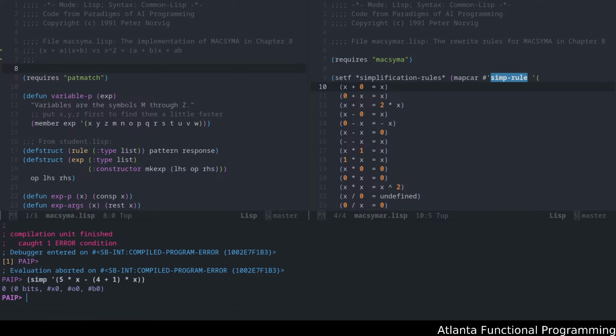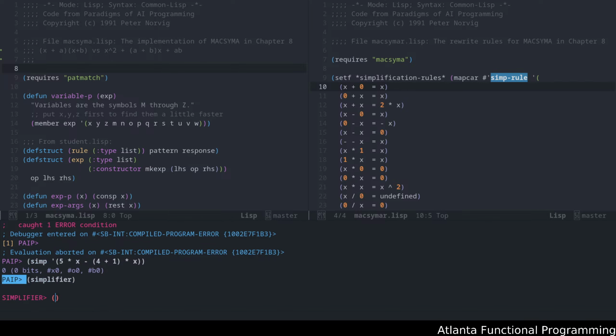Done. Okay, so this is actually working right now because the rules weren't actually loaded, but everything else seems to have worked without the rules being loaded, which is interesting. It must have been because we're doing basic arithmetic expressions, and because we converted it from infix to prefix, it should be able to simplify that. Okay, so we now are able to do what we expected, which is,